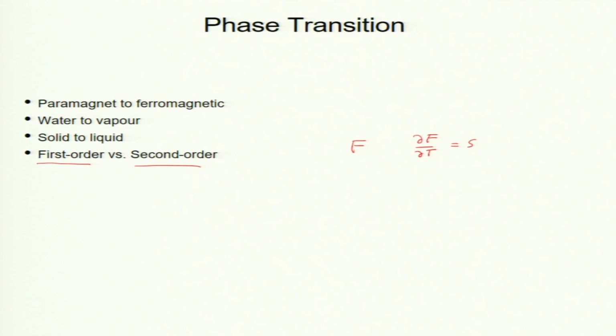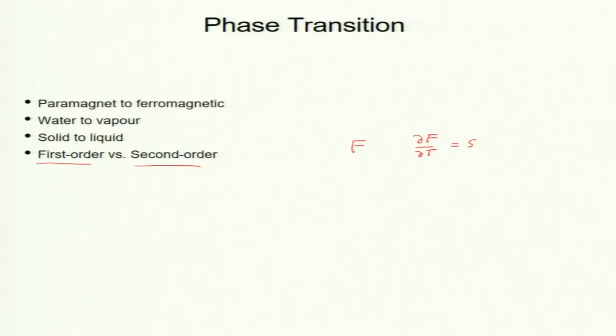But there are situations where the entropy is not different for these two phases. For a first order transition we need a latent heat to compensate this change in entropy, but it turns out sometimes we do not have discontinuity in the entropy or density. So, this is a special situation. I do not want to get too much into this.